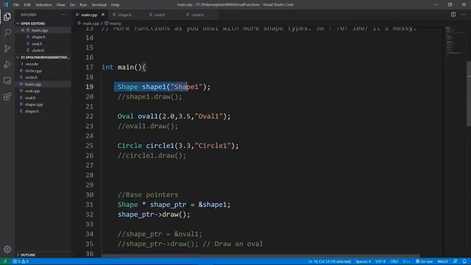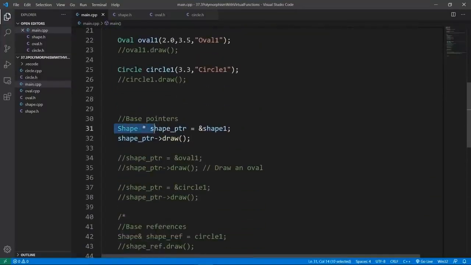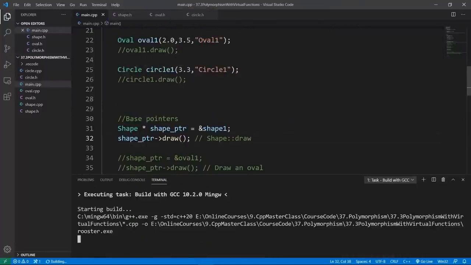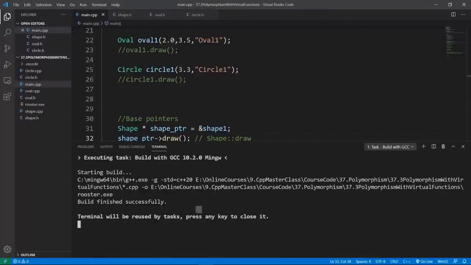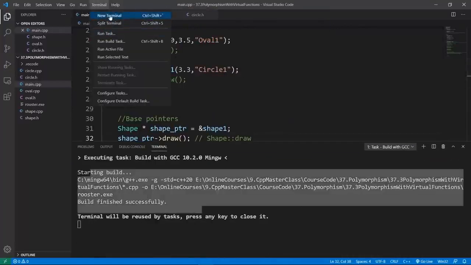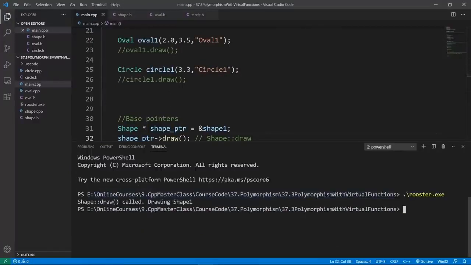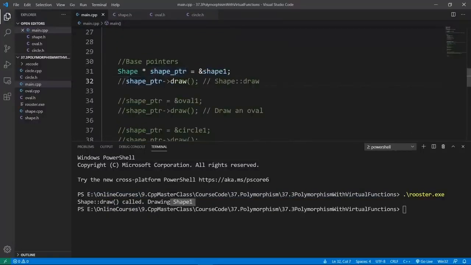We are setting up our shapes, and we are using a base pointer to manage an actual shape object. And if we call the draw method, we expect this to call shape draw. And this is what we're going to get. Let's build our program. We're going to pass this through GCC, our favorite compiler. The build is going to be good. We can bring up a PowerShell window we can use to play with this. If we call rooster, we're going to see that shape draw is called, and we are drawing shape 1. Now, if we change this to manage an actual oval object, we can do that. We can do that through this line here, and we expect this to